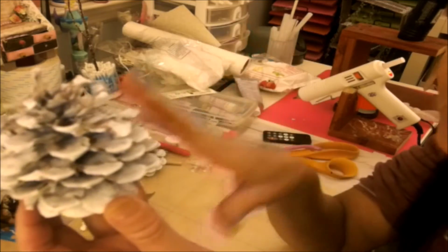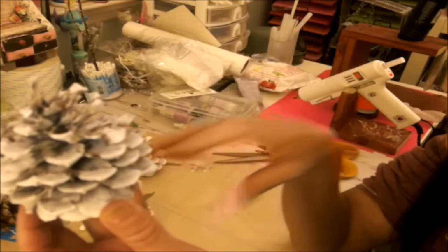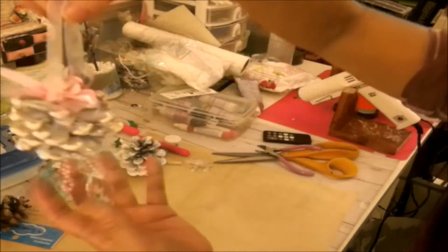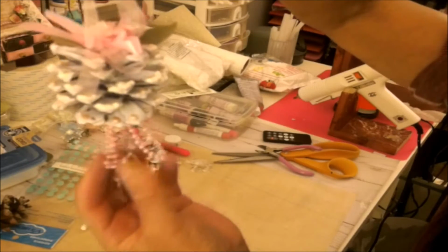So what I did first is I bleached it, left it for a couple of hours, then I let it air dry, then I spray painted them. That's what I did, just so you know. So this is one of the pine cones that I've already decorated. I have a little danglings that,